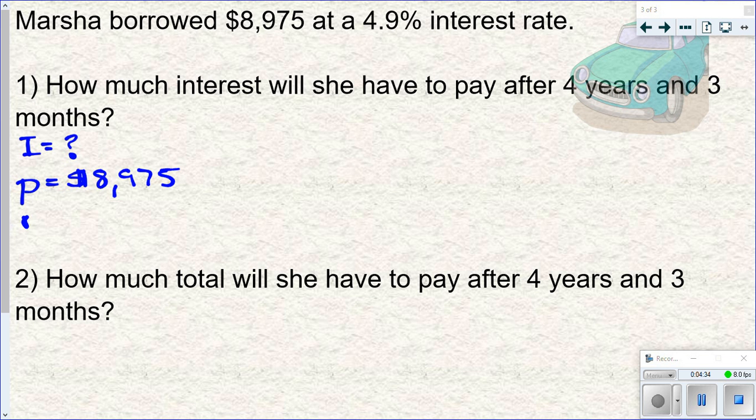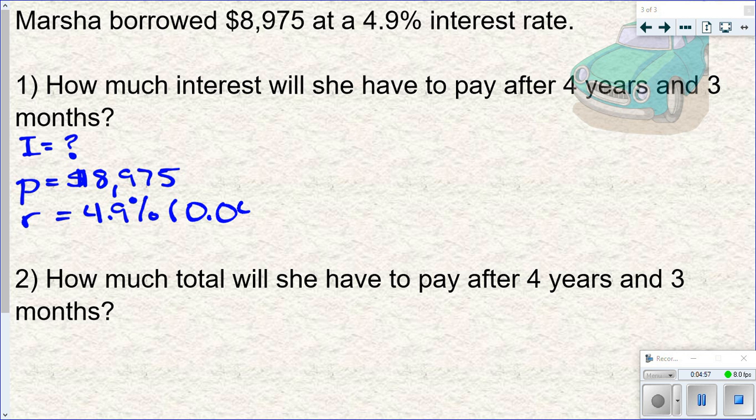The rate is the interest rate, and it's 4.9%. But remember, the rate has to be expressed as a decimal. So you've got to change the percent into a decimal. Remember, to do that, either divide it by 100 or move the decimal point 2 places to the left. So if I divide 4.9 by 100, I get